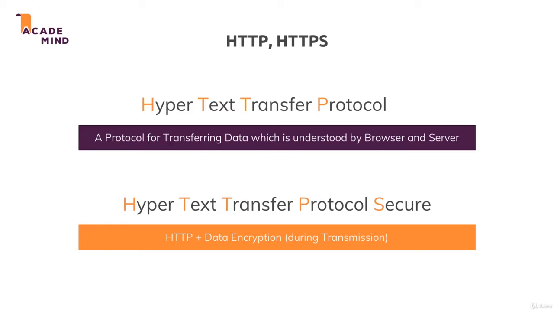Now, towards the end of the course, I will show you how to enable HTTPS. For the majority, we'll just use HTTP, since we'll only be developing that code. We'll only work on it locally. But once we put it into production, I will also show you how to turn on that SSL encryption. This is how the web works in a nutshell and how Node.js is related to it. And this is exactly where we will now continue working with Node.js and where we will now finally create a server with Node.js.